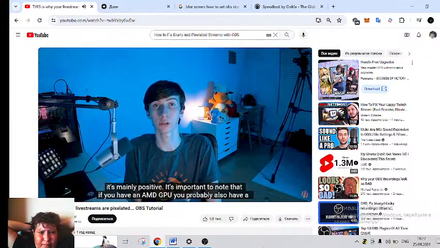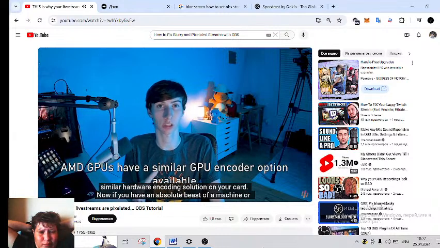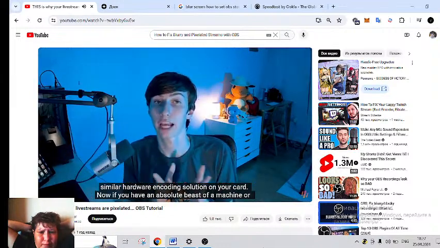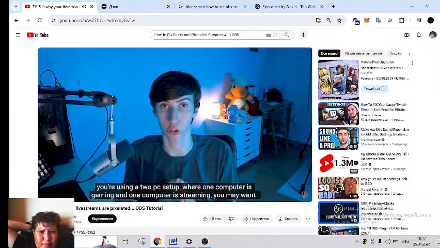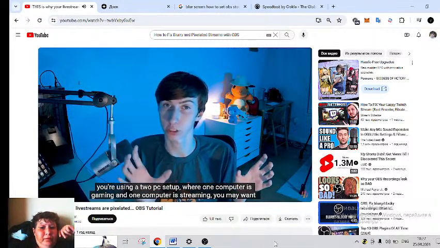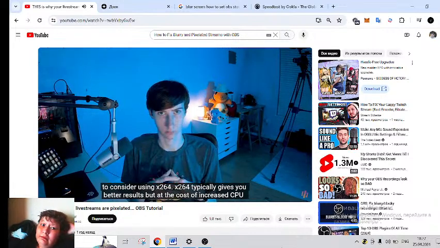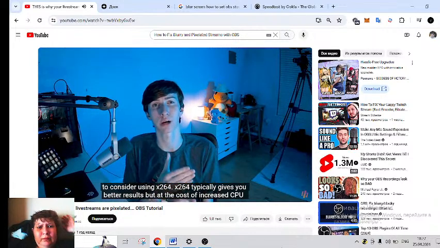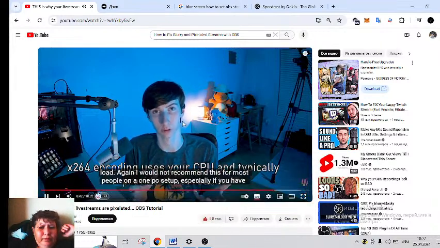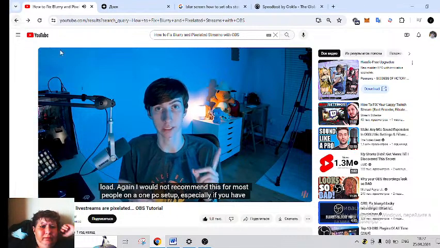It's important to note that if you have an AMD GPU, you probably also have a similar hardware encoding solution on your card. Now, if you have an absolute beast of a machine, or you're using a 2 PC setup where one computer is gaming and one computer is streaming, you may want to consider using X264. X264 typically gives you better results, but at the cost of increased CPU load. Again, I would not recommend this for most people on a one PC